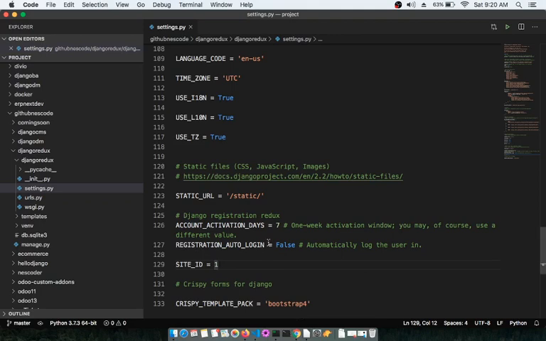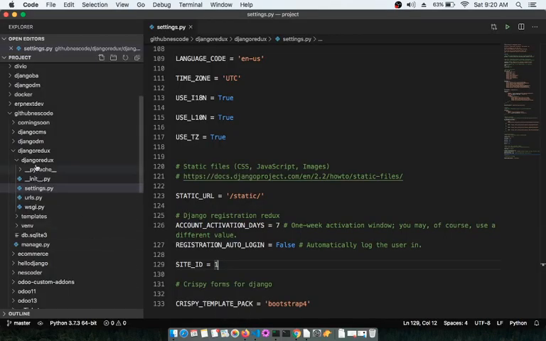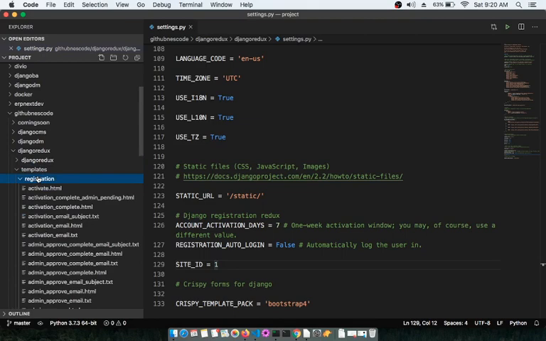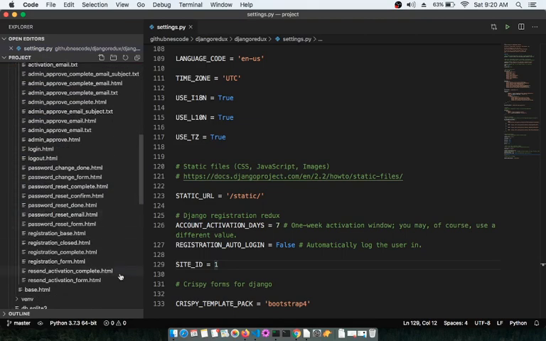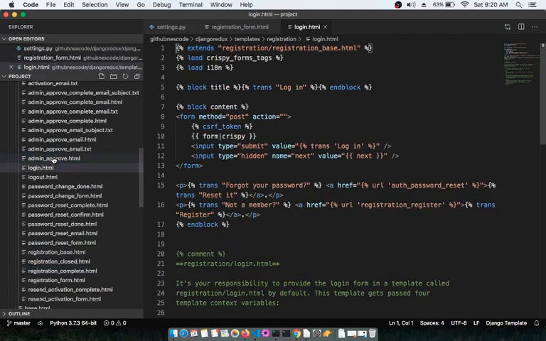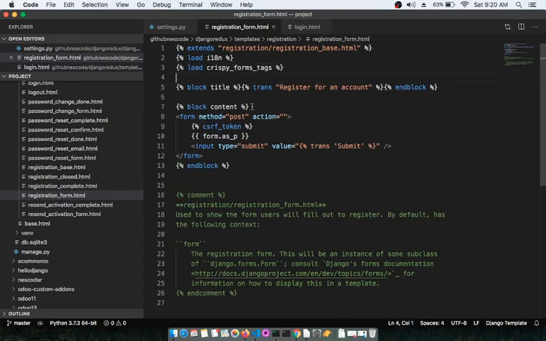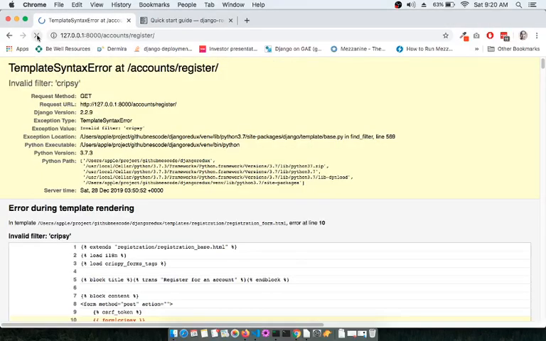And like we have seen in the last session, to beautify this we are using the crispy form. So let's go and open that template once again. That template for the registration is the registration form, right? In the registration form also, similar to login, we need to copy this crispy form tag and add it here, and here as well. Also you have to give a crispy tag, and the moment you add the crispy tag and refresh this page,